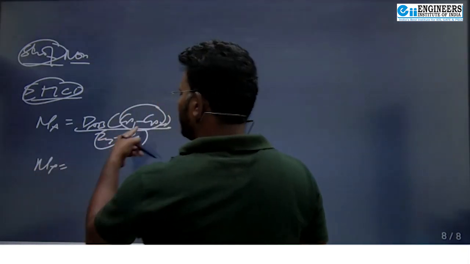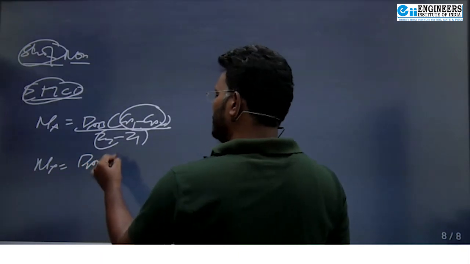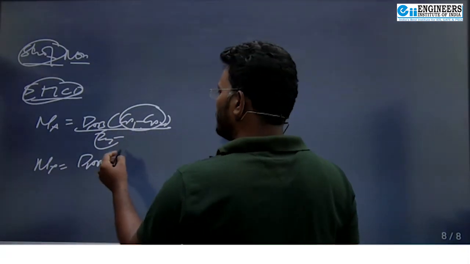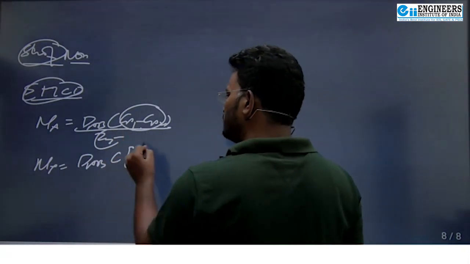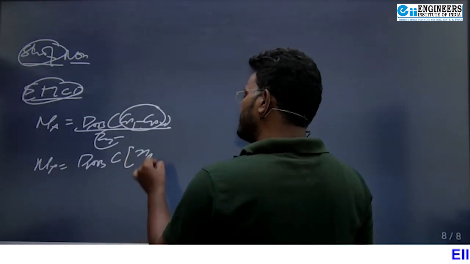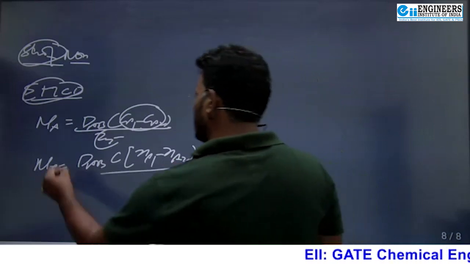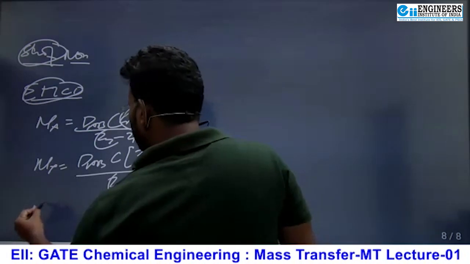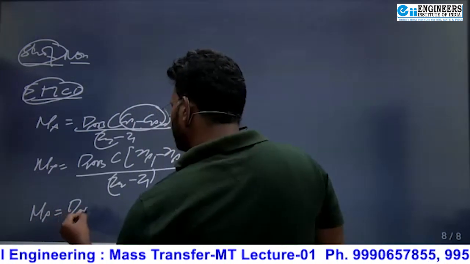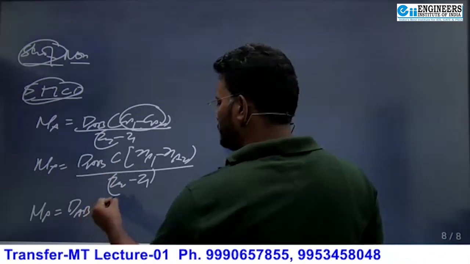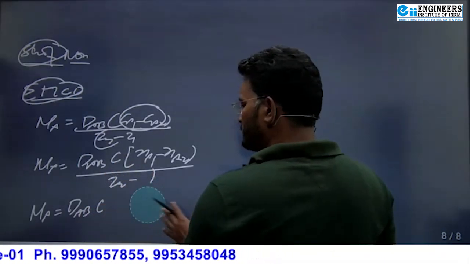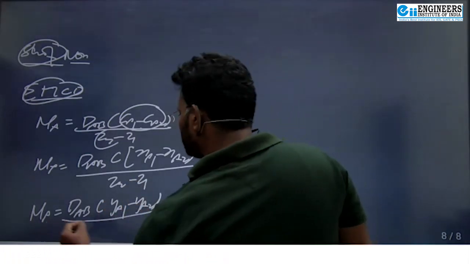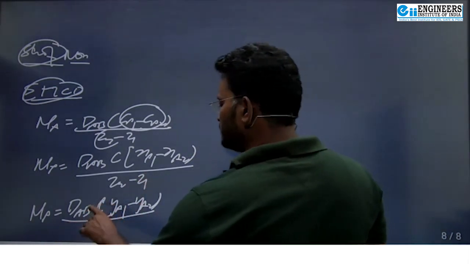It is also equal to, I can write in terms of D_AB into, in partial pressure, in terms of mole fraction, this is C into (X_A1 minus X_A2) upon (Z2 minus Z1), also equal to D_AB into C into, for gas phase, (Y1 minus Y2), बस ये चेंज होगा, into C,